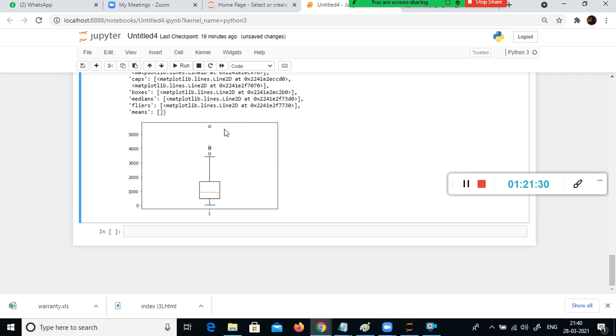How many of you remember the outlier formula? How to compute it?